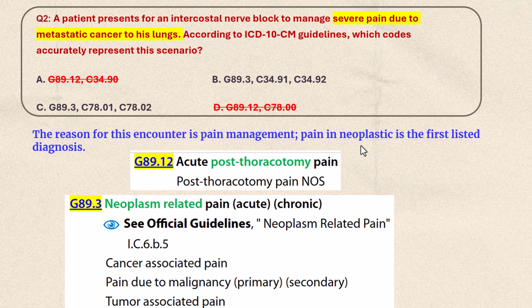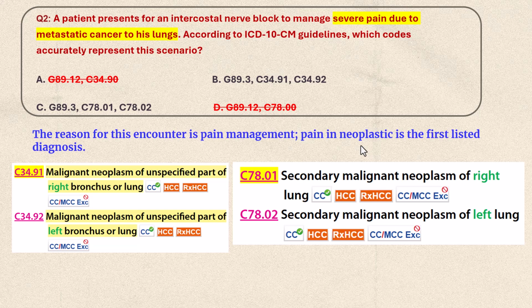So let's check the C codes. C34.91 is malignant neoplasm of unspecified part of right bronchus or lung. C34.92 is malignant neoplasm of unspecified part of left bronchus or lung. But C78.01 is secondary malignant neoplasm of right lung. C78.02 is secondary malignant neoplasm of left lung. Here, no site is mentioned, but it says metastatic cancer to his lungs. His lungs is plural, meaning both right and left are involved. So you can select C78 as the diagnosis code. For this question, the answer is C. That is G89.3,